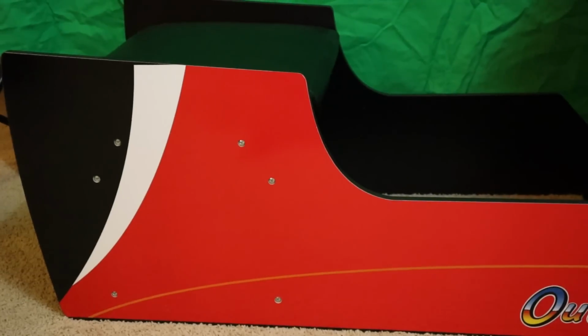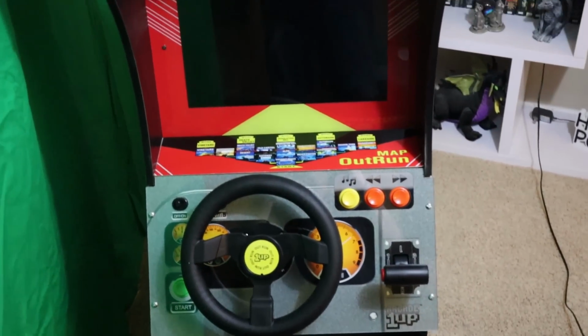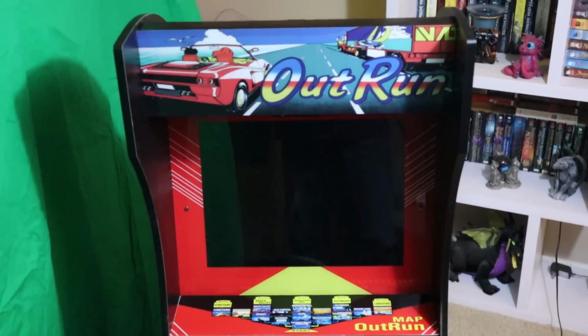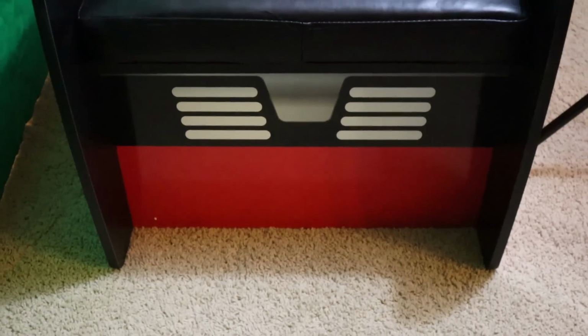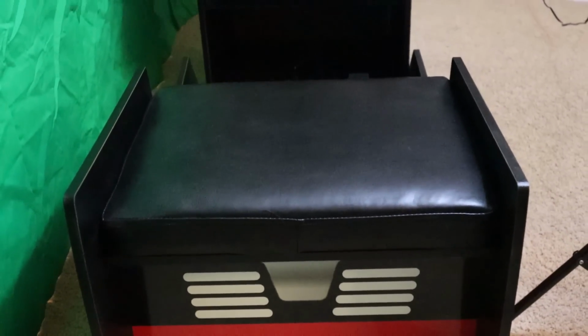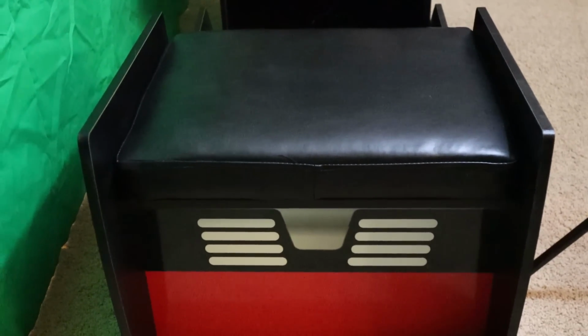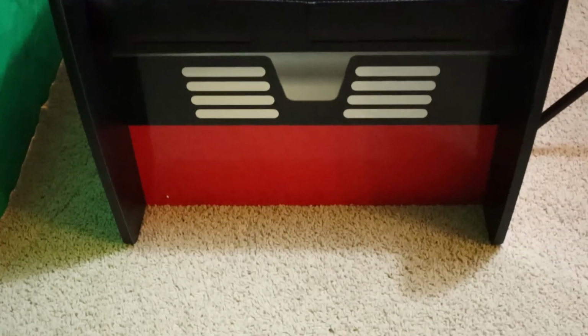It's not impressive enough. I mean, this cabinet, in all honesty, looks kind of kooky from the outside looking in, but once you actually plant your butt there in the middle and get yourself in the cockpit, it's actually a pretty good looking cabinet once you're seated down staring at it. I mean, if the back of this bench as well as the sides of the bench are supposed to make you think that this is what the rear of a vehicle looks like, definitely minimal effort was put into this